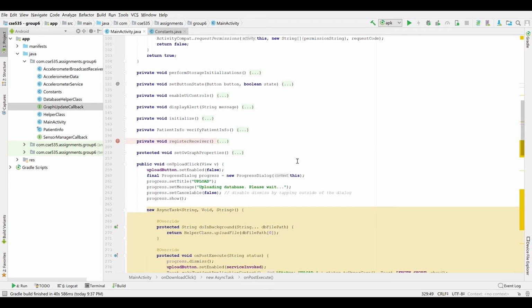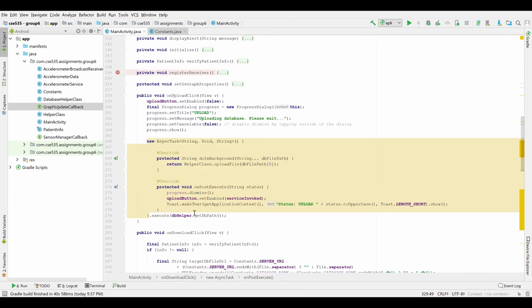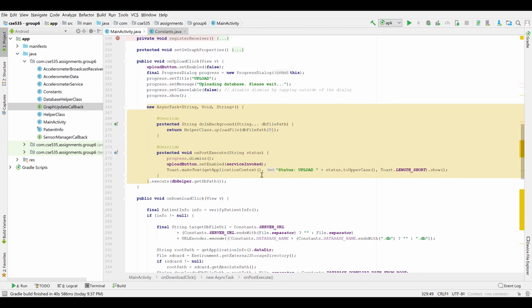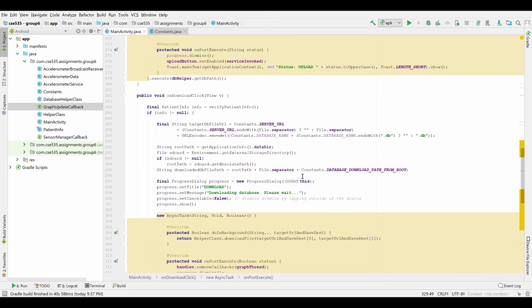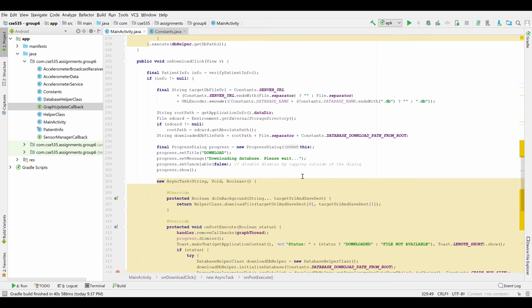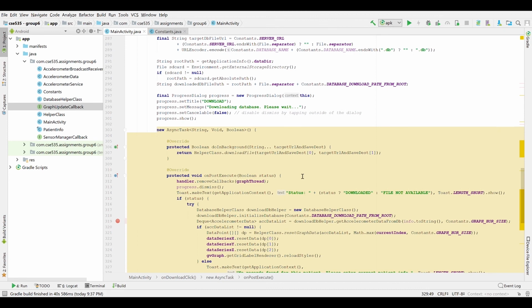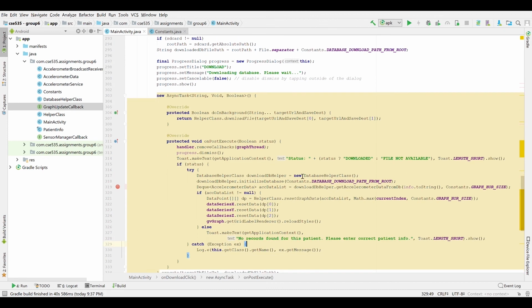Also, we have to handle the upload click event. So in this, we create an async task which uploads the file in a different thread onto the server. On post completion of the task, we notify the user on the application. In the onDownload click, we again create the desired folder in the desired location, and we invoke an async task which downloads the file